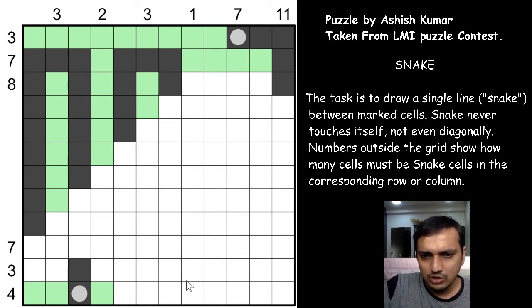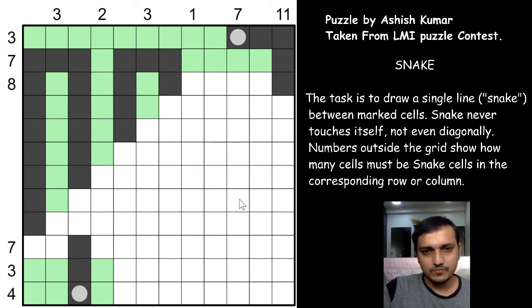And the U will use the 3 snake cells already. One is this, and the U will use 2 snake cells, so 3 is already done. So this again will go up, right? And we don't know where the U will be formed. So if you see these 2 now, as we said, there will be 2 snake cells together, and we know